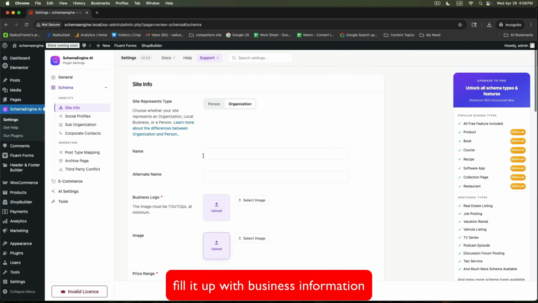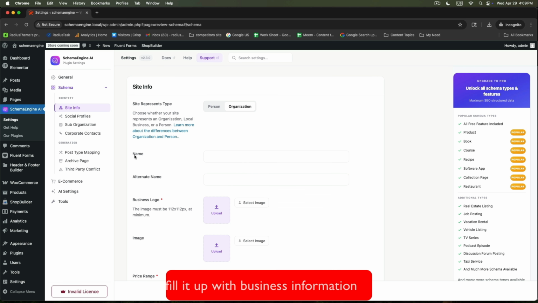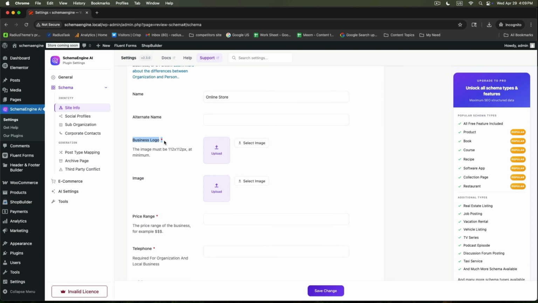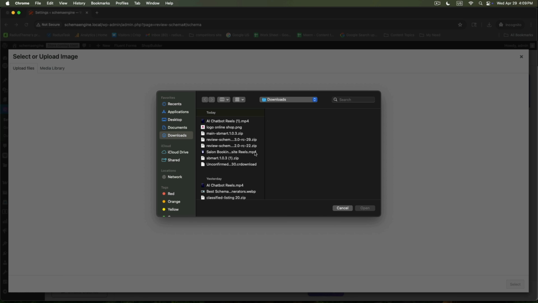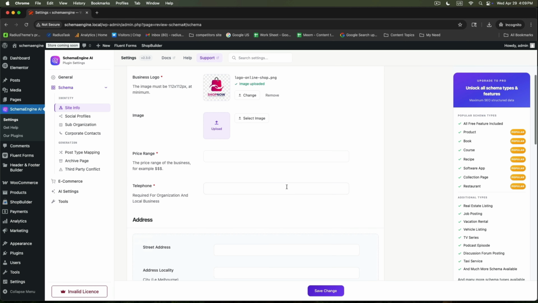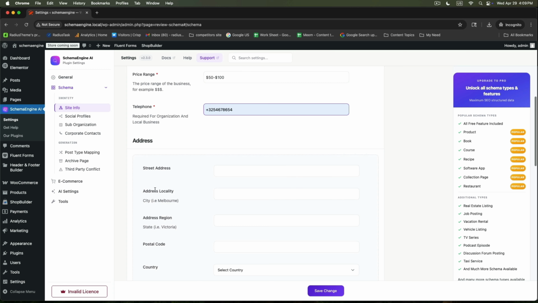Now move to the Site Info section. Here you need to provide your website information such as website name, organization details, logo, and other important business information like price range, the telephone number, and after that address. For example, a street address,